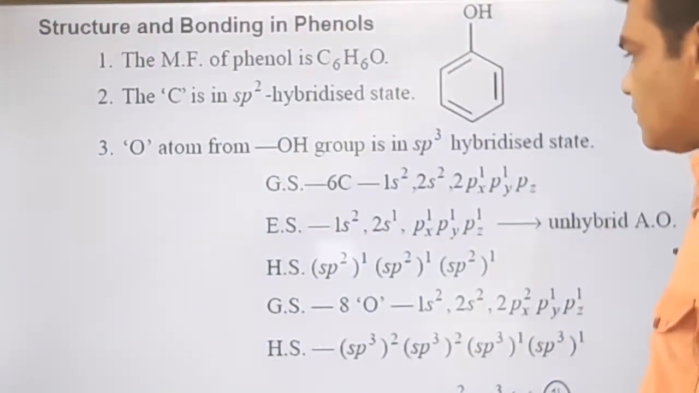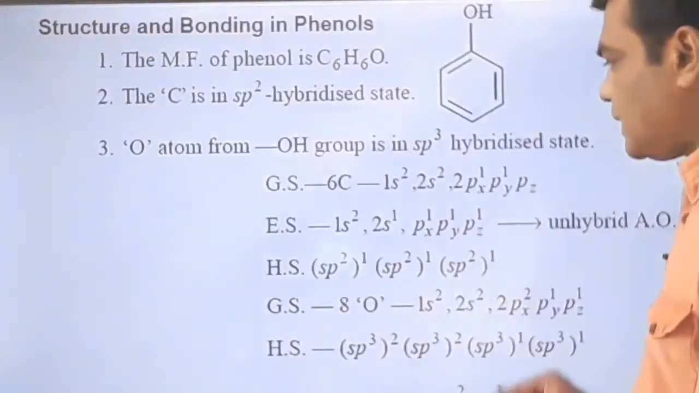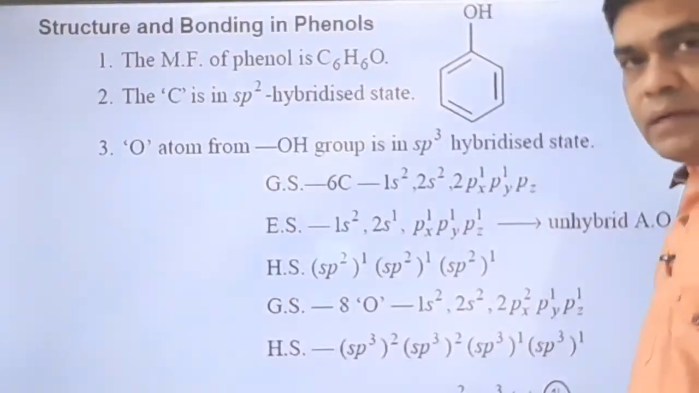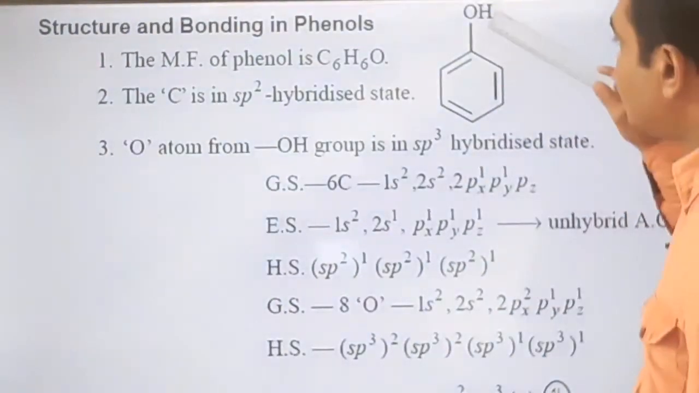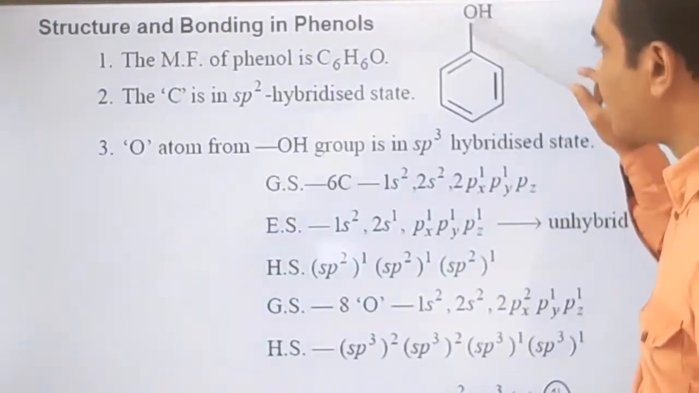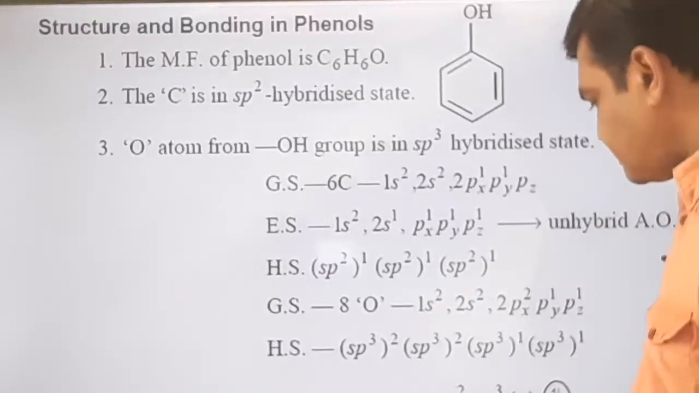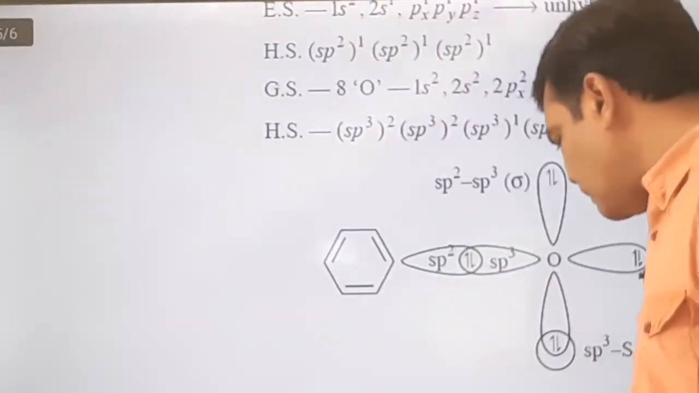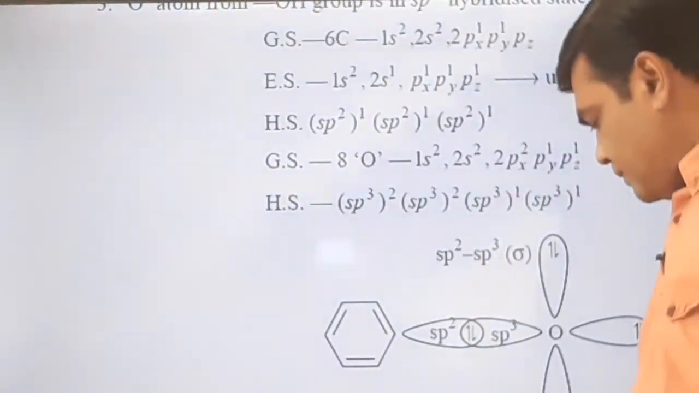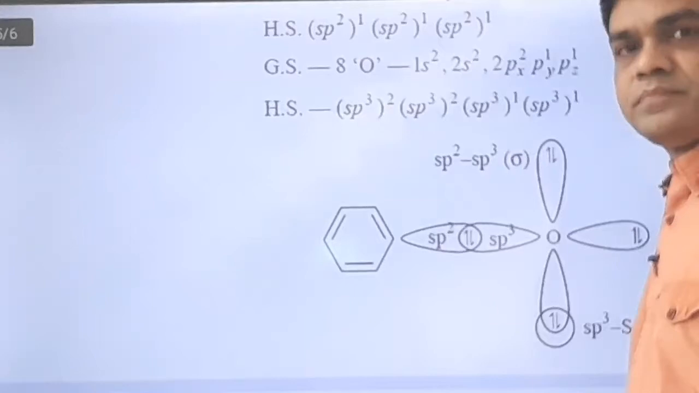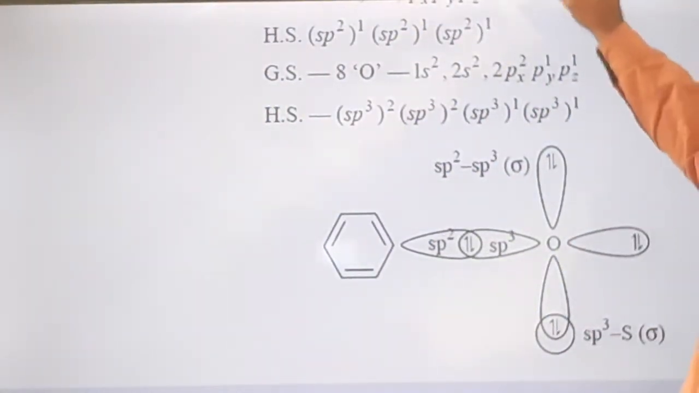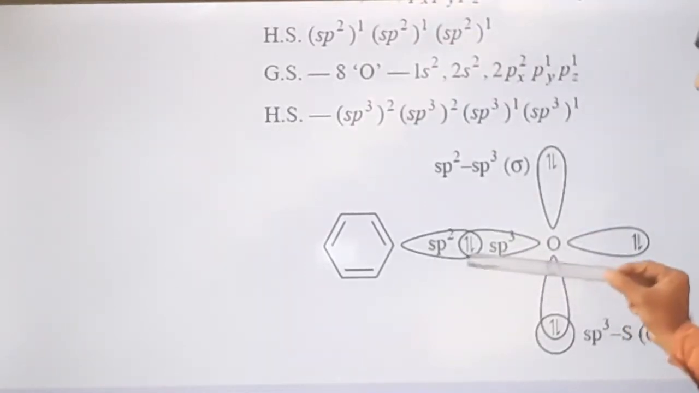Okay. So finally, carbon is sp2 hybridized and oxygen is sp3 hybridized. Now, let us see the molecular picture, how this carbon oxygen bond formation takes place. We are interested in this carbon oxygen bond formation. Okay, so this is the molecular picture. See, this is carbon